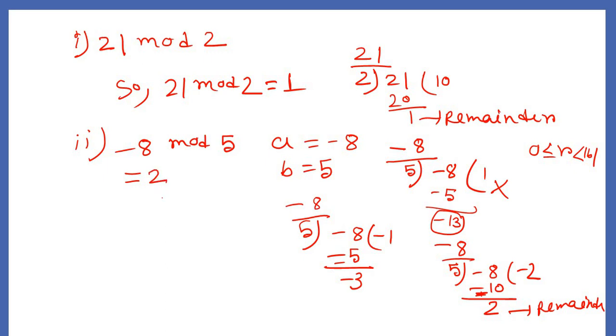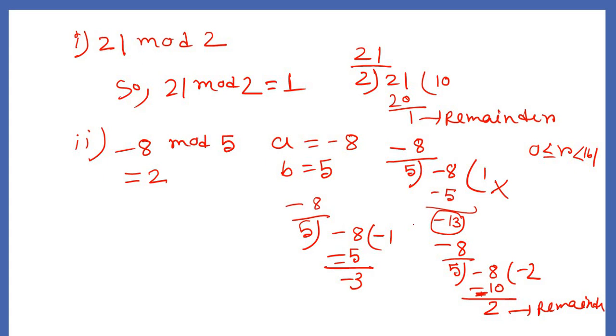So one thing you have to remember here is that the remainder is always greater than or equal to 0. It is never negative. So the negative remainder you have to ignore, and for that you need to take the proper quotient. And why are we not taking instead of 1 something like 2, 3, 4? Because if we take